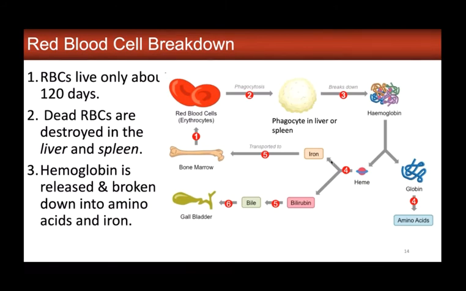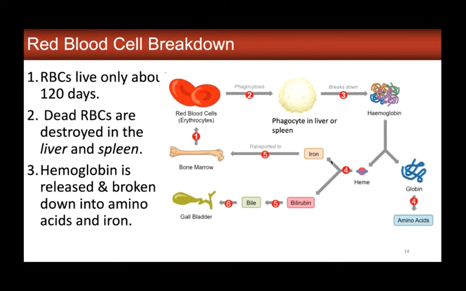There are phagocytes, which are white blood cells present in both the liver and the spleen, and they are constantly checking for aging red blood cells past the expiration date. So they will phagocytose them, and then they